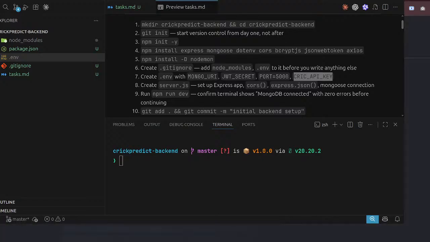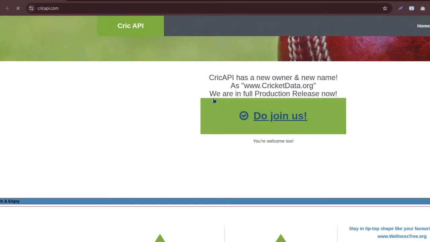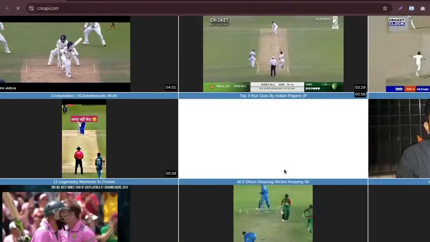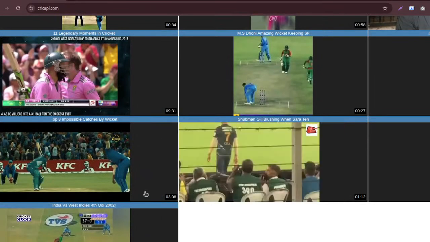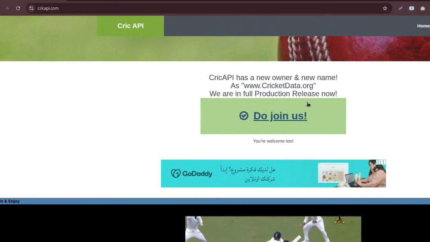Where is it? Yeah. This is the website, Cricket API. Let's see how it looks. Ads are coming. I think it's a cloud-based API.